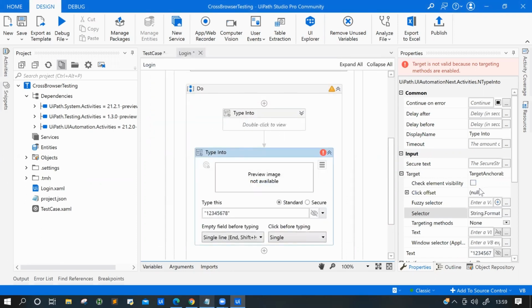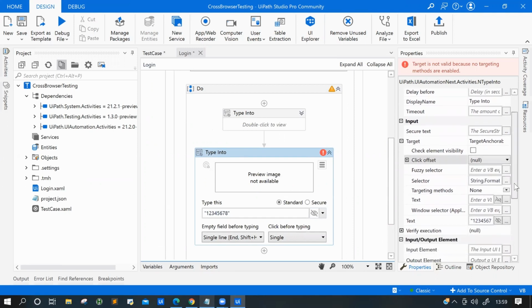Hit enter. Sorry, the target method is here, so you need to select the selector.